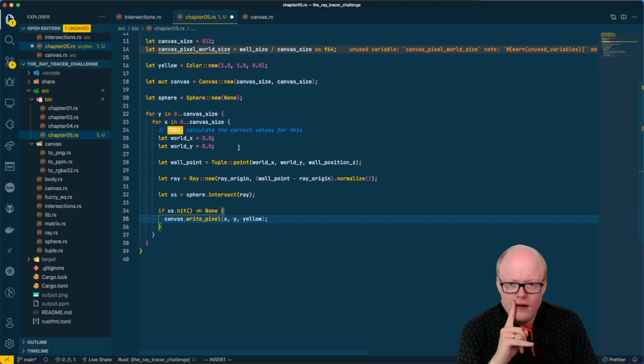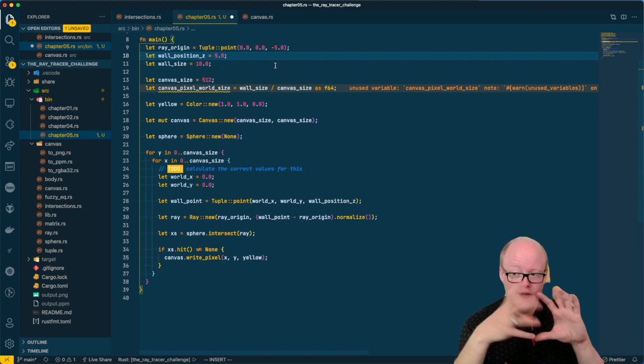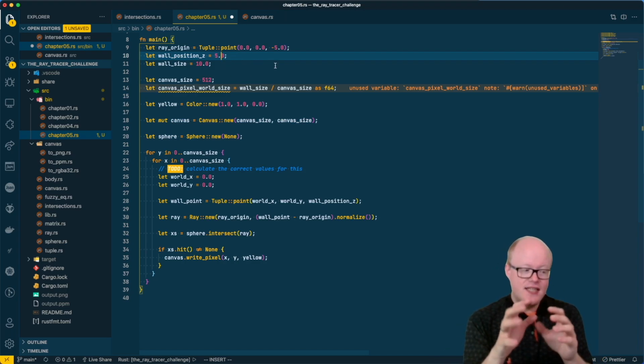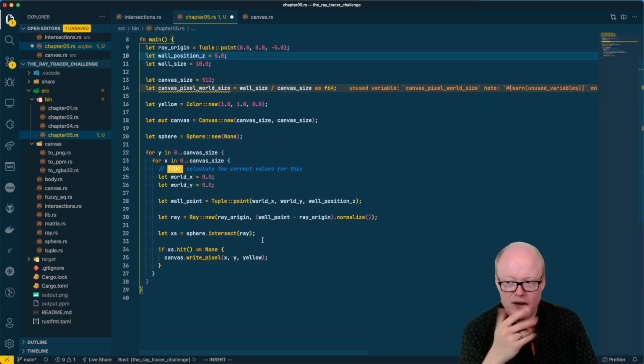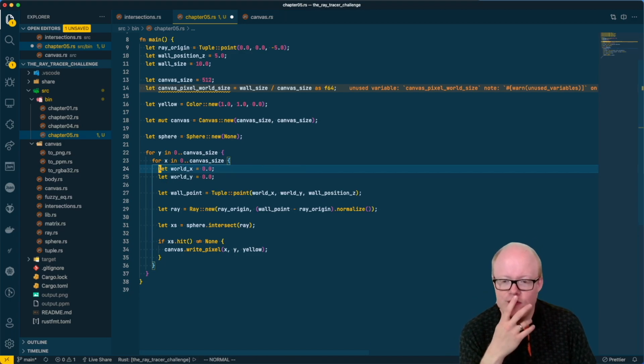So essentially this should work. This should project our silhouette. Even though I'm not 100% sure these values here, these distances and so on, are correct to in the end see something of this sphere. We will then play around with this, but this should work if we finish this up. So let's think about this for a second. What we are going to do here is we need the